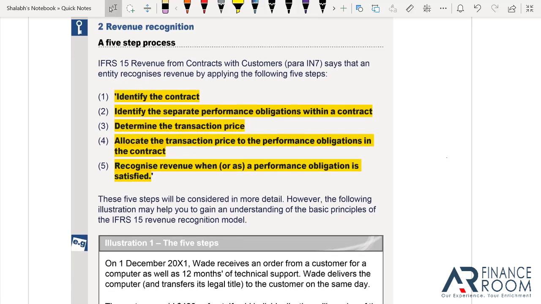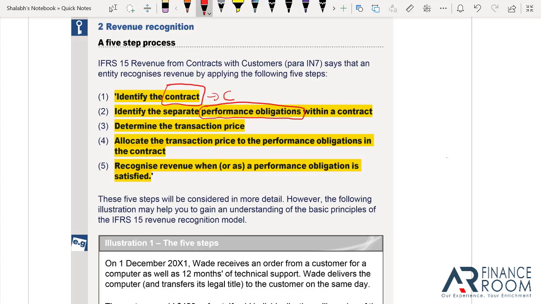Okay, so now let's come back to the point. See how to learn these 5 steps. The first one is identify the contract. I told you another technique of mnemonic codes, didn't I? So we shall be applying that here as well. How do we do that? We look for the operating words and then we design a code accordingly. So what's the operating word in the first point? It's of course the contract. You need to know the contract. So C for contract. Identify the separate performance obligation.